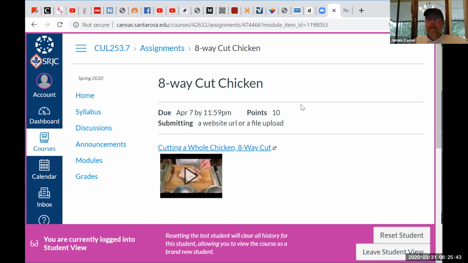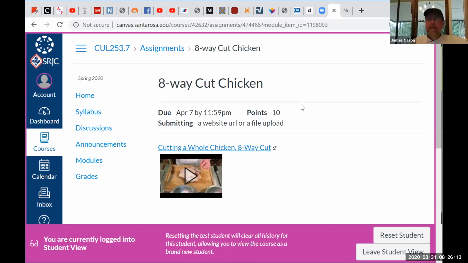In class, ordinarily what we would do is cut it up, separate everything, bag it all up, and freeze it for cafe to use. But we don't have cafe, and you're not going to be boxing up your chicken and sending it to me to assess. So yeah, this is your dinner. This is going to be one of the benefits, I think, of doing class like this. So cut this one up, document it,